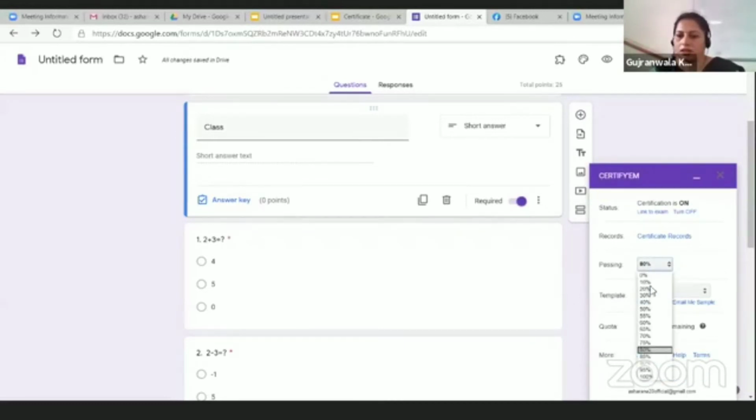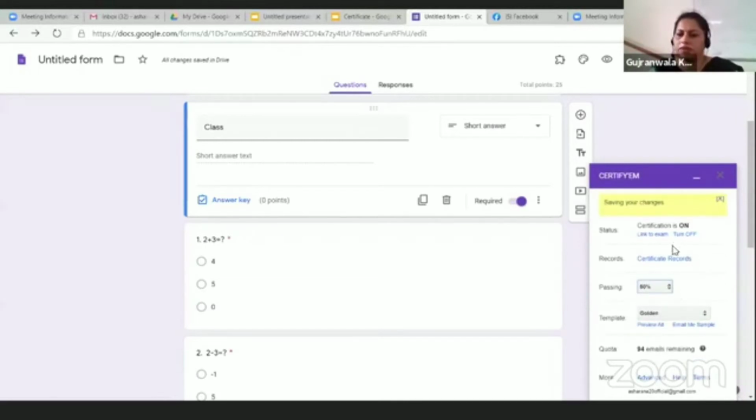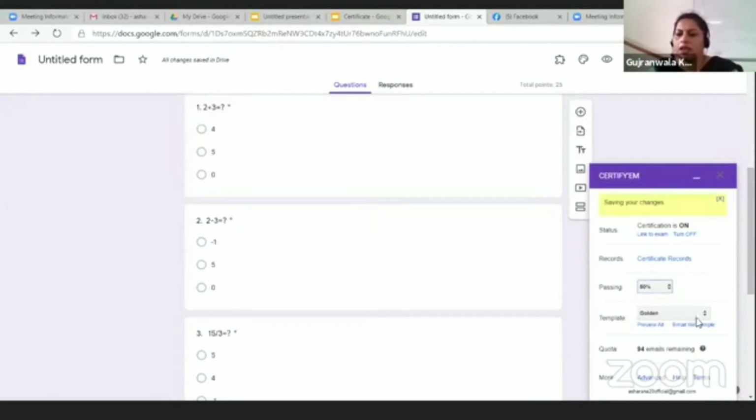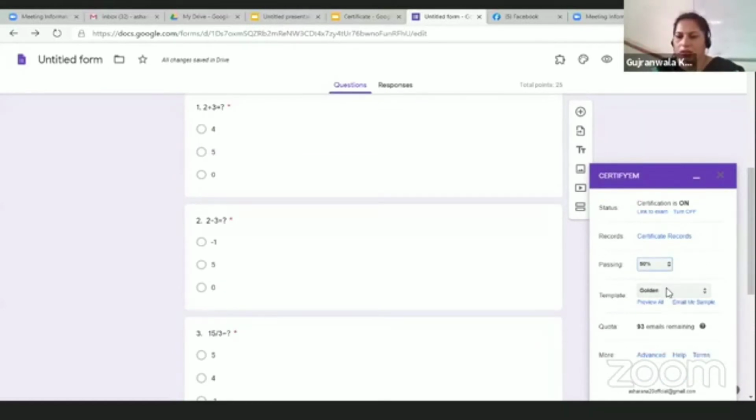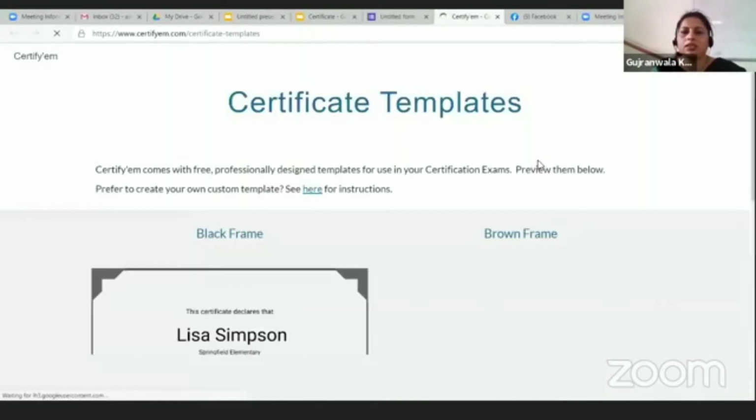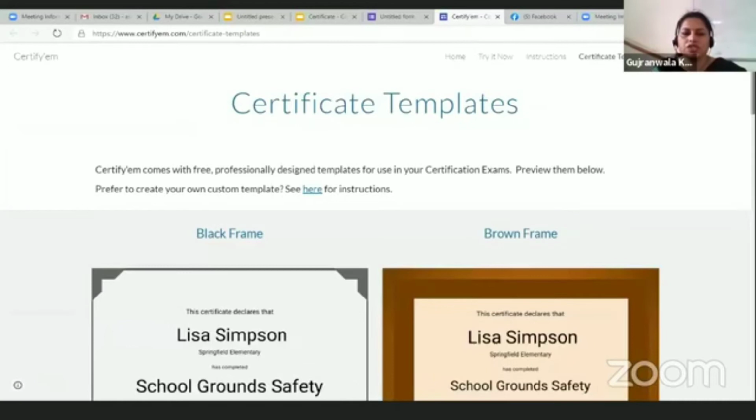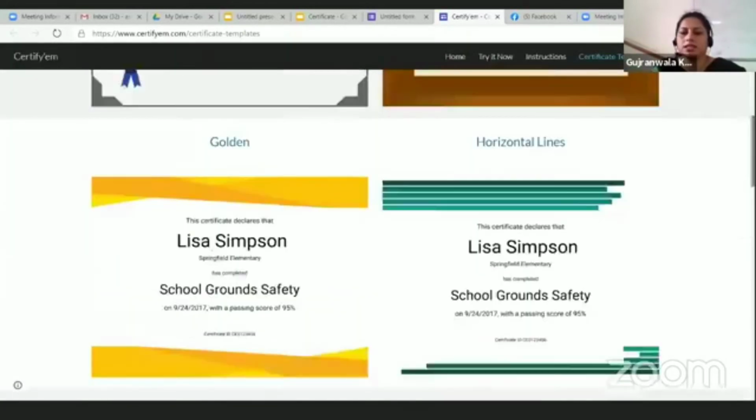Okay, we can keep it as 50% or whatever you like. Now, the template option is here, lower right corner. There are a few samples also. You can preview them all, or if I click on preview all, you will get a list of all the certificate templates which are in this Certify.